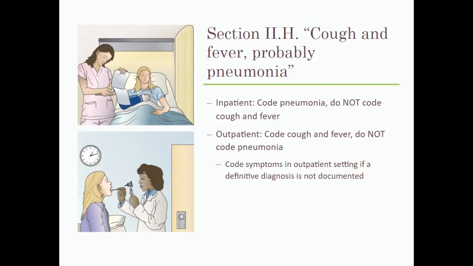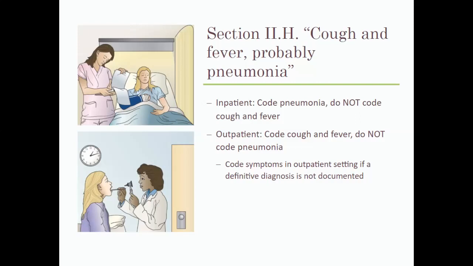Inpatient, code pneumonia. Do not code cough and fever, because you're inpatient, you can code the probable pneumonia. Outpatient, you're going to code the cough and fever. Do not code pneumonia. Code symptoms in the outpatient setting if a definitive diagnosis is not documented. Okay, this to me is one of the most clear examples that we've had so far because it's giving you an example. The rule says